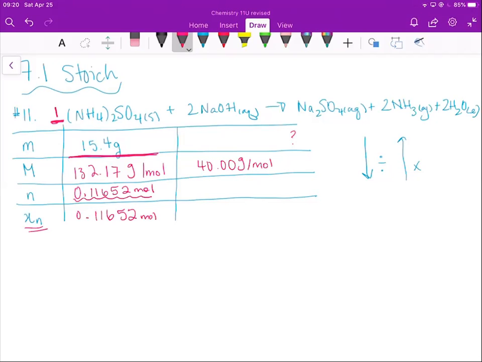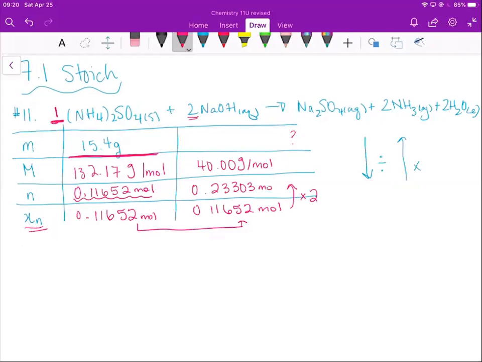balanced chemical equation. Coffee still hasn't kicked in. Okay, this number here, oh, I should check. Is it recording? Yes, it's recording. This number here, it gets carried over here. And now we start going up. So because we start going up, we multiply. I'm going to multiply by 2 because that's the coefficient. So 0.11652 times 2 is